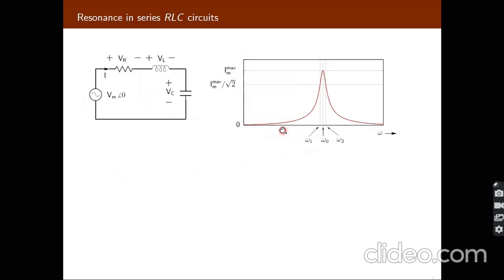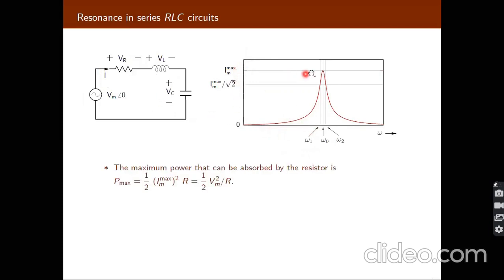Now let us see one more set of equations about resonance. See here, this is the maximum current, and for the resonant frequency we have already derived the equation, that is f naught equals 1 by root LC. Now I am going to find the frequencies before and after the resonance point, which I am going to call the half power frequencies. I write the half power frequency at the point where the current is Im by root 2. This 1 by root 2 indicates 70.7 percent. How much is it?